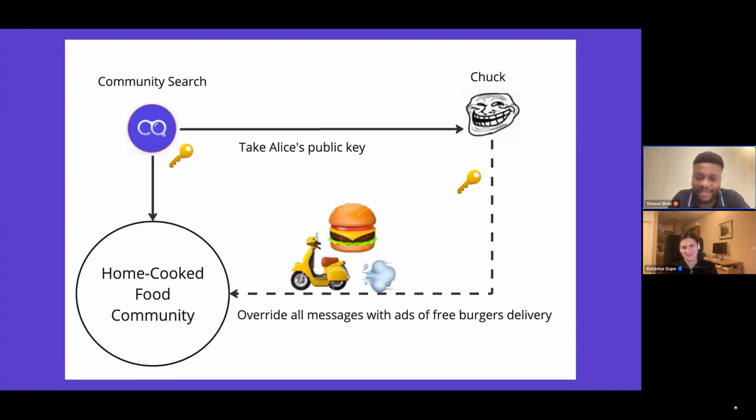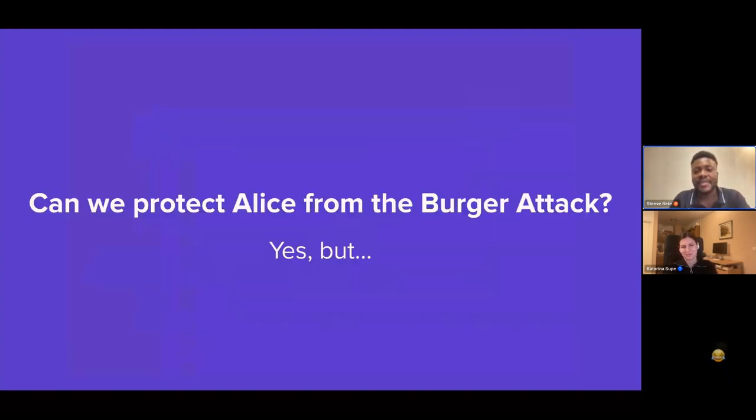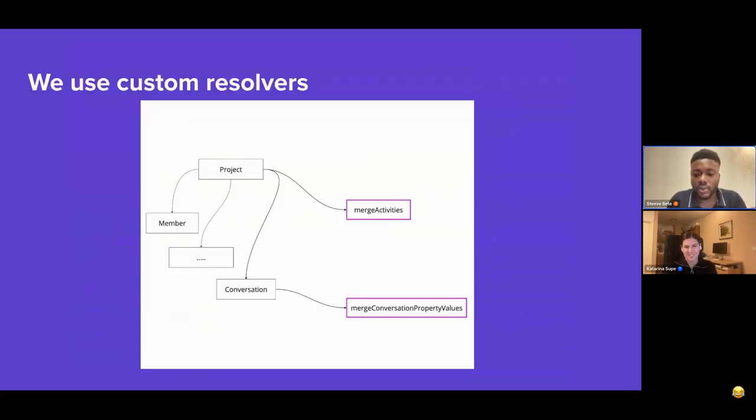But of course, we are still united against Chuck. And yeah, we want to protect Alice once more. In order to do that, we have to understand how we write. So we actually leverage custom resolvers. Custom resolvers are akin to virtual nodes, so to speak, that are connected to types. So here I have a custom resolver that is attached to projects, but I also have a custom resolver that is